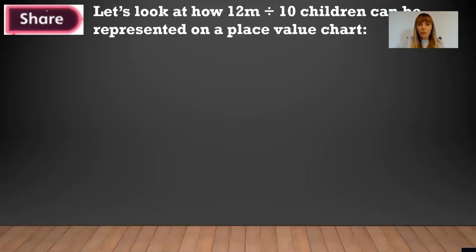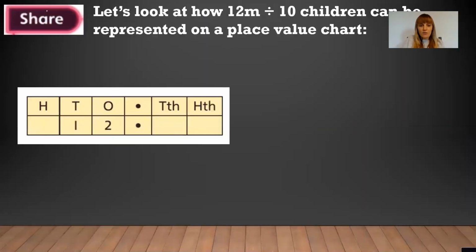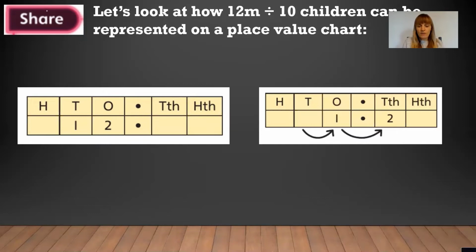So let's have a look what this might look like on a place value chart. So here's our place value chart. We put 12 in our correct column. Now if we're dividing by 10, we know we're going one place smaller. So that means everything's going around the decimal point, because remembering from yesterday, that doesn't move. So it's going to look like this. So 12 divided by 10, 2 exchanges into the tenths, the 1 exchanges into the ones,